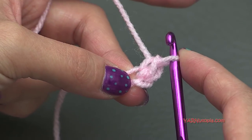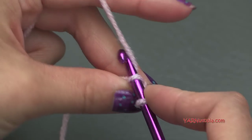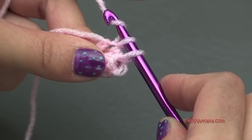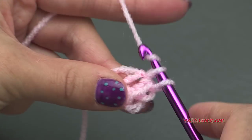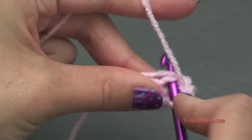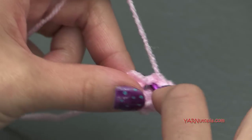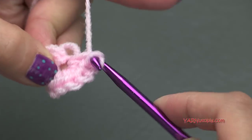Okay, so we have to put 16 of those. So that was 1. Insert your hook, yarn over, pull through, yarn over, pull through 2. Okay, 2. Insert your hook, yarn over, pull through, yarn over, pull through 2. That's 3, 4, 5, 6, 7, 8, 9,